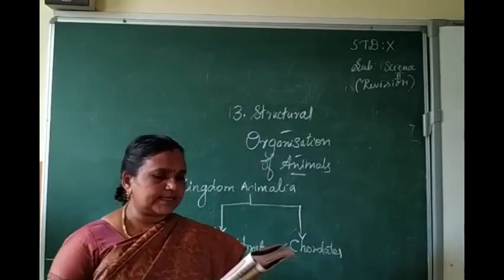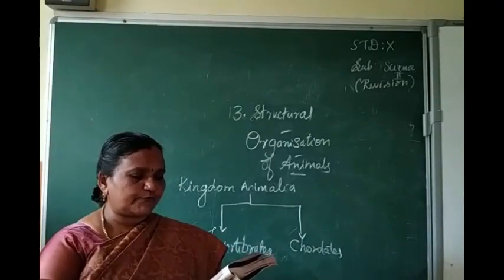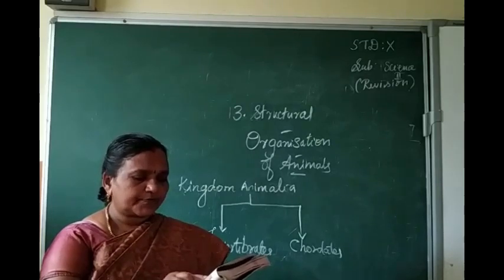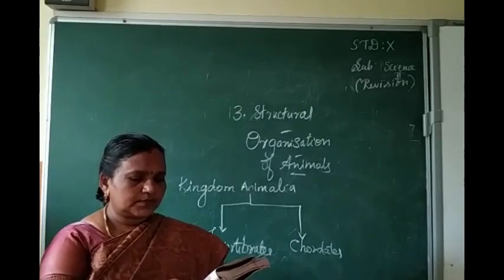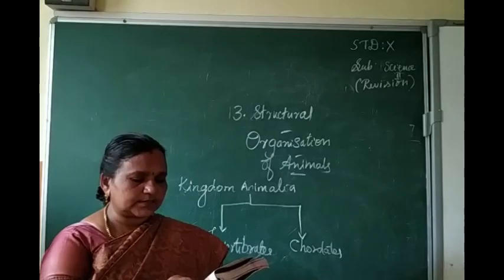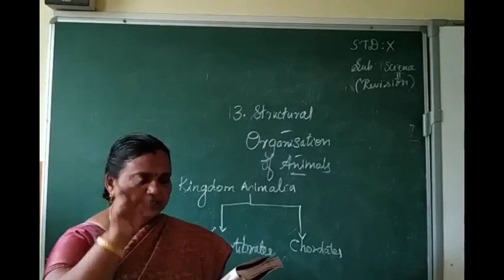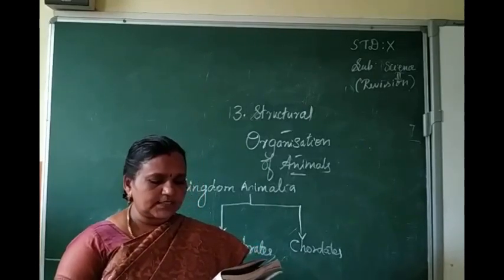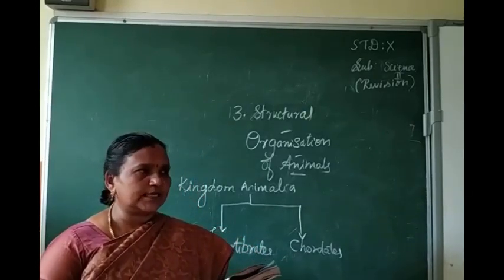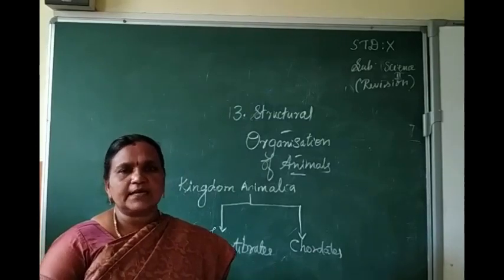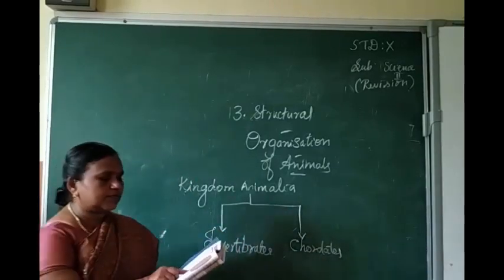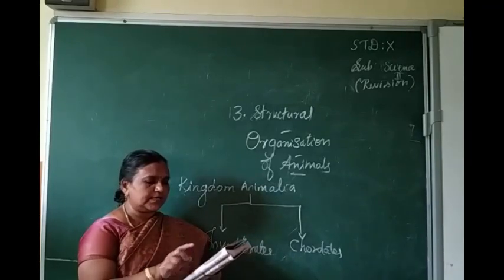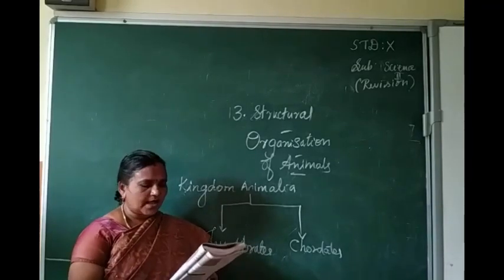For ectoparasites, the examples are leeches on fishes, frogs, cattle and humans. See, in the book only blood of fishes is given. This leech is given as the ectoparasitic example. Then what is called the sanguivorous animal? Sanguivorous animal means blood-sucking animal. So that term also you underline. Sanguivorous animal. A good example is leech only. This leech is the sanguivorous animal.